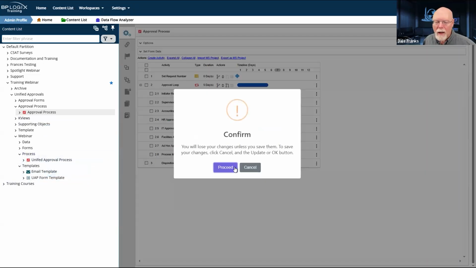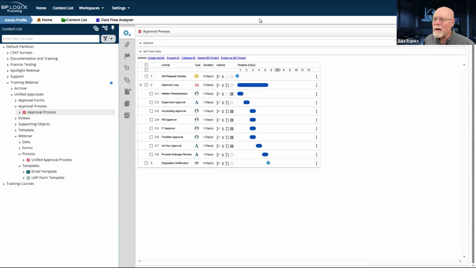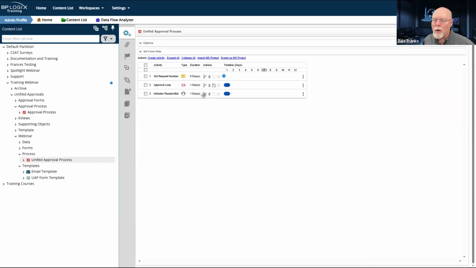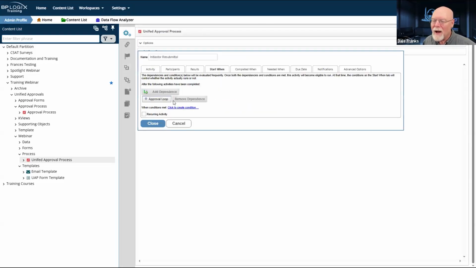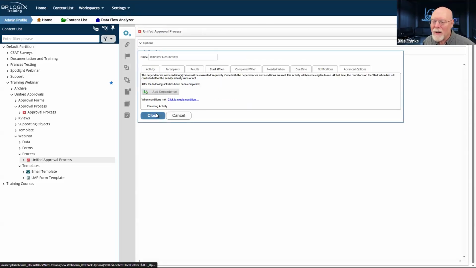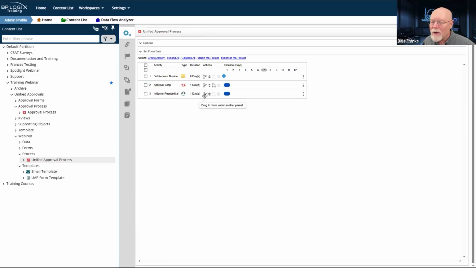I don't need to save that. So we'll go to our initiator resubmittal. We don't need to make it dependent on anything. What we do need to do is drag it under our approval loop. Well, that made it dependent, which is exactly what I didn't want to do. I must have hit the wrong label. Drag under another parent.